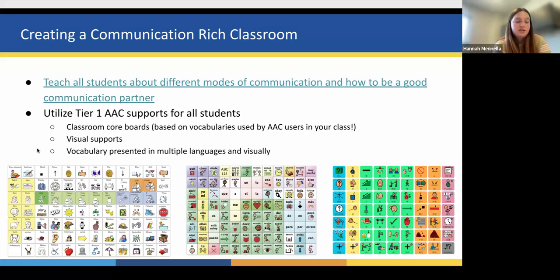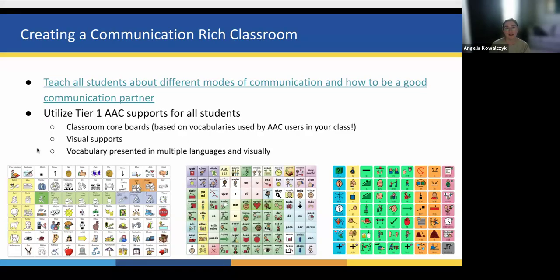Is there anything else that you have found helpful in your classrooms or that you've seen done that has been helpful for creating a communication-rich classroom for multilingual learners, whether they use AAC or not? One thing Hannah and I have seen is it was only in English, but we've seen the Fly Eagles Fly song. We had a teacher put that together using symbols, which was really cool.